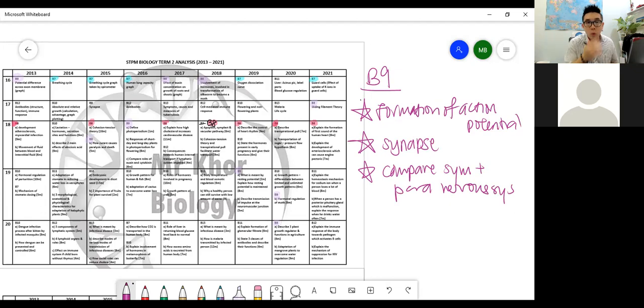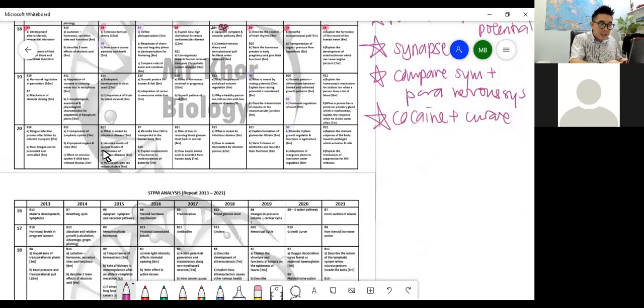Of course, curare came out, but a long time ago. If you look at 2015, I suggest you go through both cocaine and also curare. Okay, cocaine and also curare. Now, once you are done with this, because cocaine and curare is quite short, and if you look at the repeat,